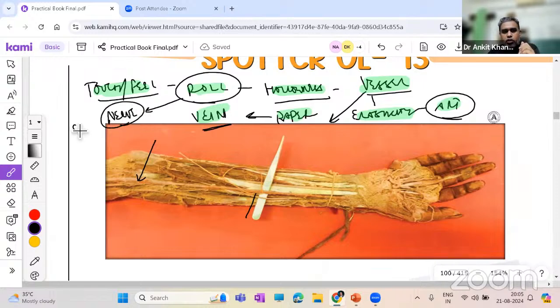If it is a solid cord, like a simple rope, a rope has no lumen. I'm giving you an example, but obviously the nerves are very thin. But yeah, they won't be having any lumen. Then it is a nerve. Remember this. Obviously you can't do this on your screens, but just going by the picture,